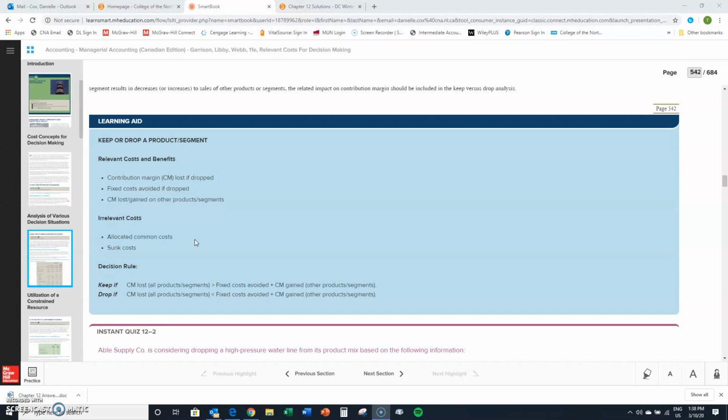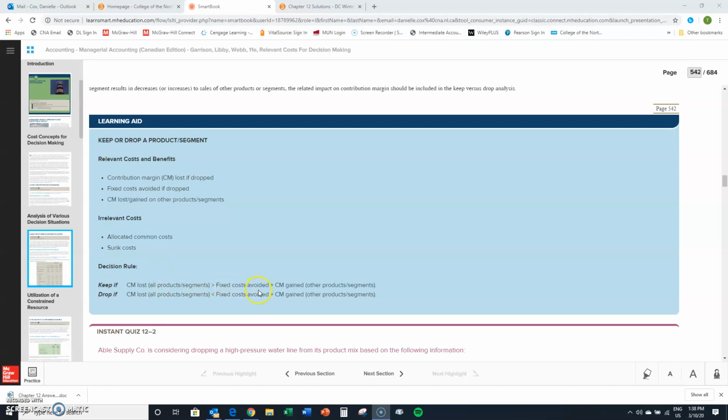And sunk cost, money that has already been spent in the past, and no matter what decision you make in the future, that money's already spent, you can't get it back. So those are irrelevant. So your decision rule: keep if the contribution margin lost on all products or segments is